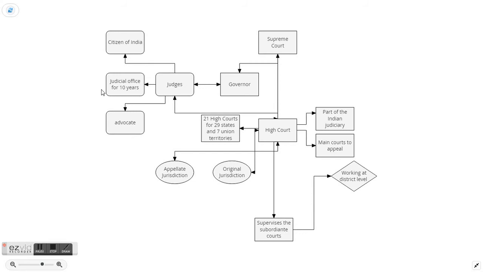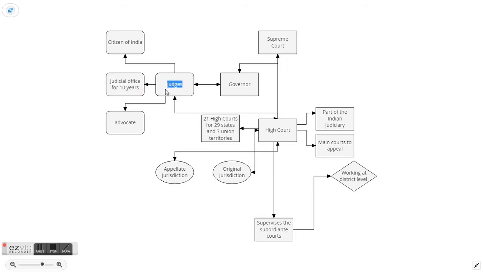And the basic qualification. For the judges of a high court, what is the basic qualification, tenure, and in what way they will be removed? As such, we are going to learn one by one. In order to be appointed as a judge of a high court, the person concerned should possess the basic qualities. The first basic quality is that he must be a citizen of India. This is the basic requirement. He or she should be a citizen of India.